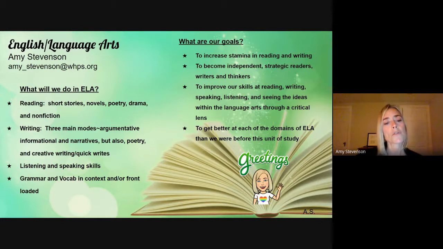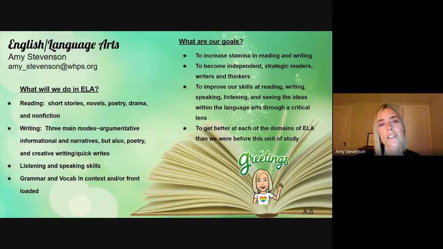Grammar and vocabulary are usually taught in context within the unit that we're studying, front-loaded when possible, and when that makes sense, from class to class, or assignment to assignment, or unit to unit. So that's what we'll do. And the goals of language arts, one of the biggies, is to increase their stamina in reading and writing. And I think everyone's reading and writing muscles have atrophied a little bit over this last year. So your students are probably hearing me talk about how, just like if you stop lifting weights or you stop running, it's hard the next time you try it. It's the same thing with reading and writing.